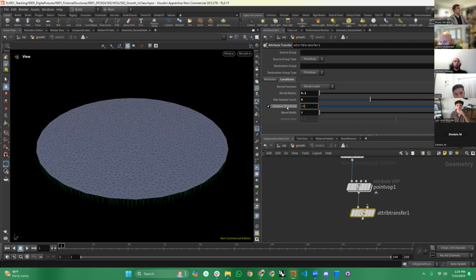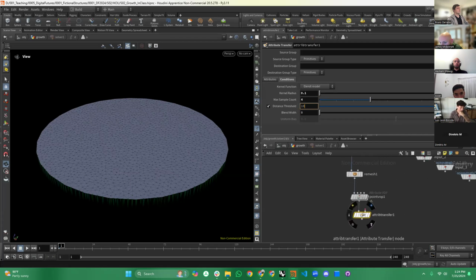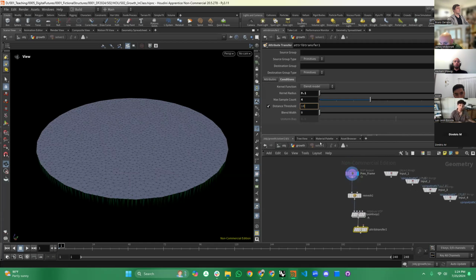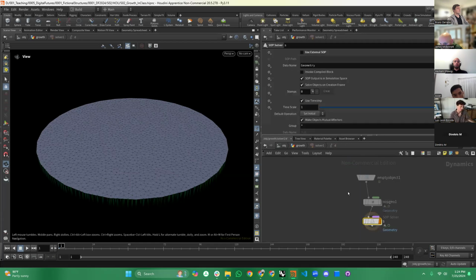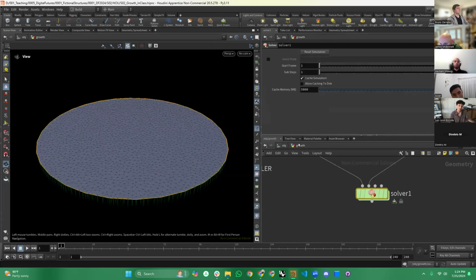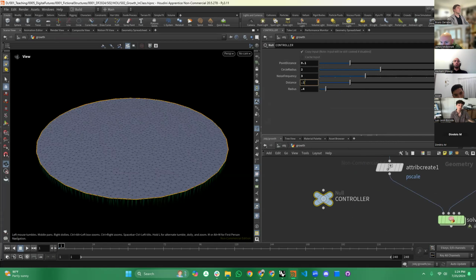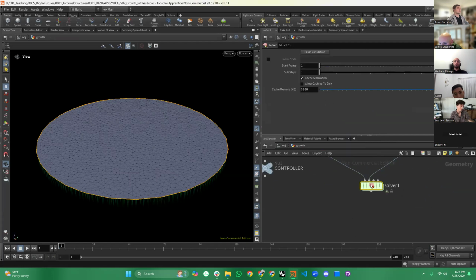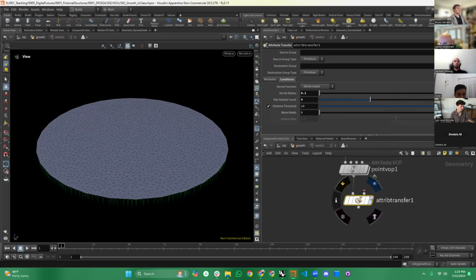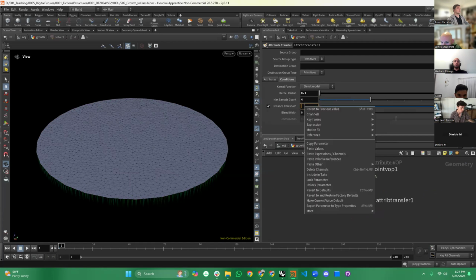And then this is where distance and width. I'm going to use 2 things from the controller to control these because I might want to move these later. So I can go back one, oops, back here to the controller and copy the parameter for distance, and then back into the solver to attribute transfer and the distance, delete them, and